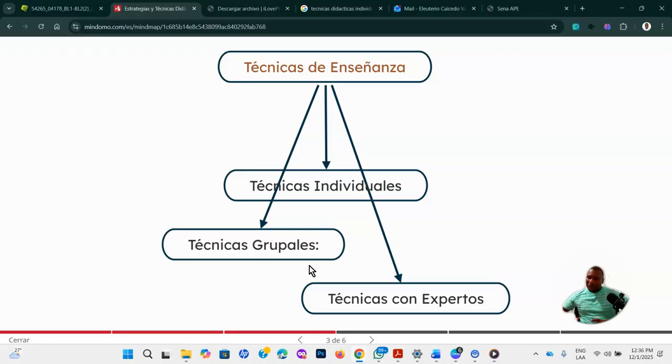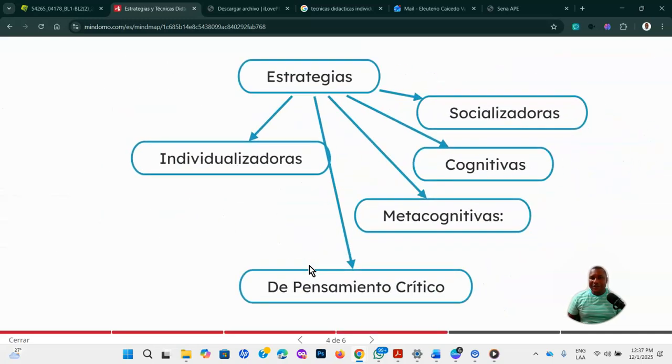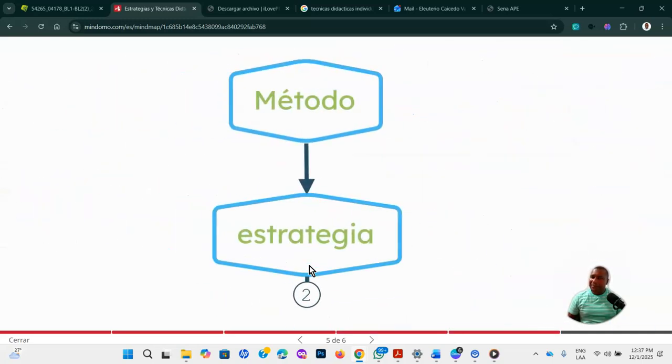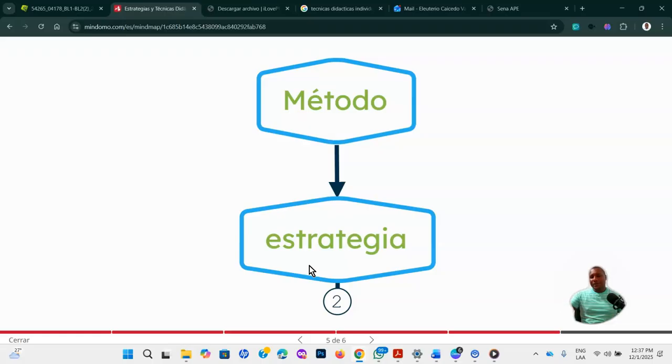We expose the students to different experts for them to appropriate knowledge, to acquire new skills. So we have conference, for example. Now let's go into something that is pretty important, and there are some concepts that we constantly use